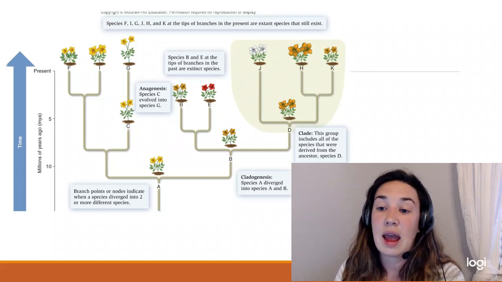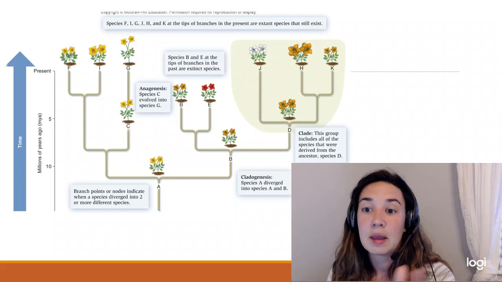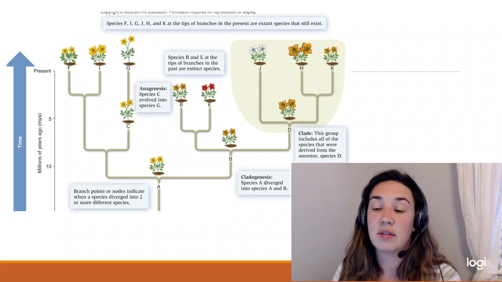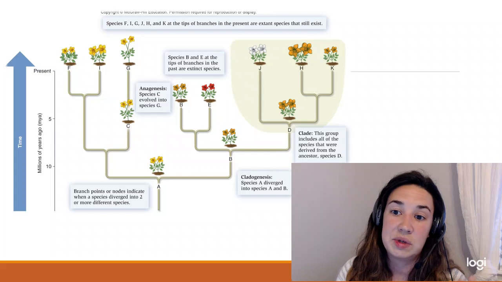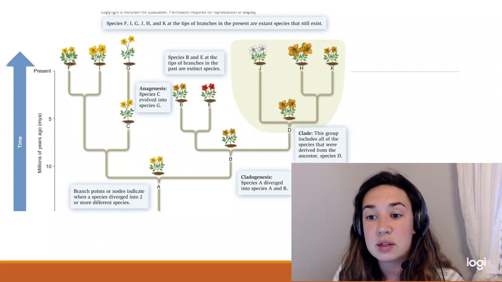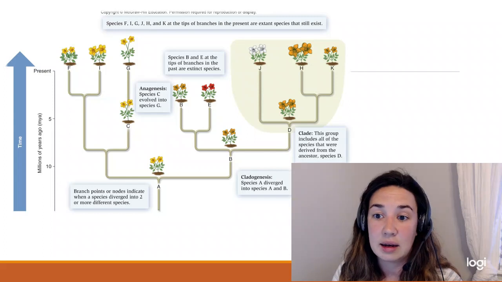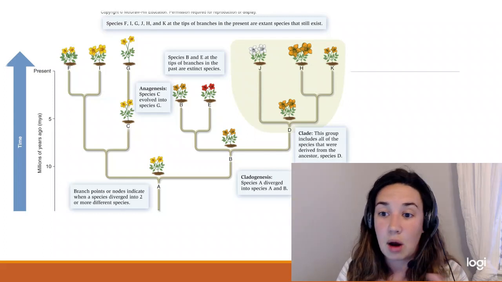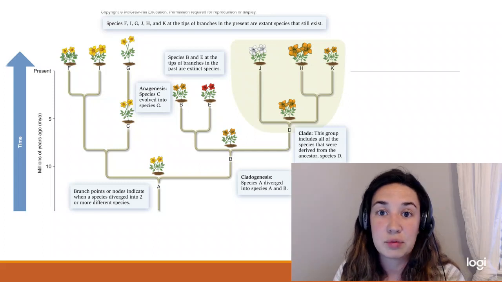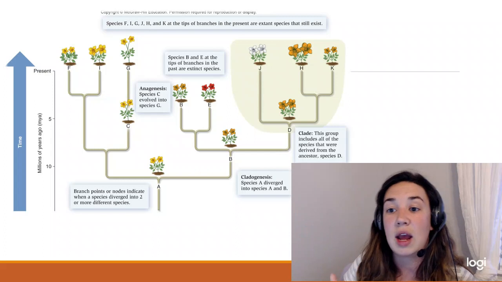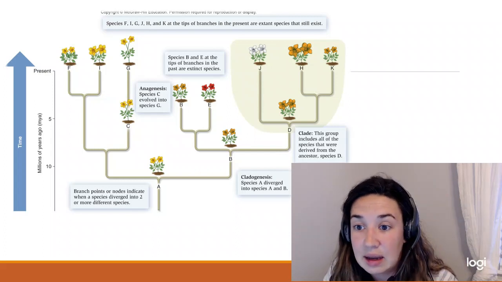So you can see after it goes into D, it comes out with J, H, and K. So D eventually gives way to species J, H, and K. This is what we would call a clade. This clade is the group that includes all of the species that were derived from species D. So if you were to put a big circle around J, H, K, and D, that is what we